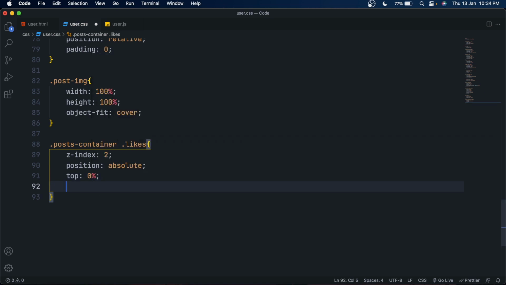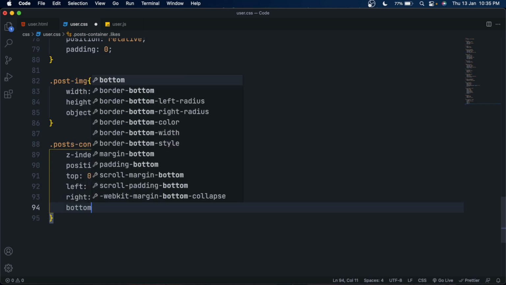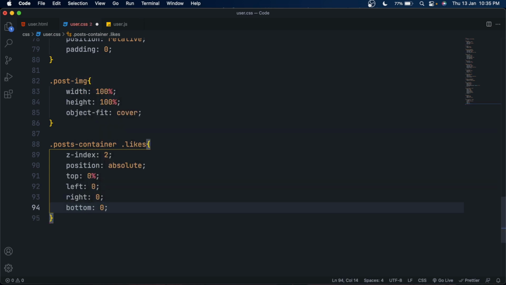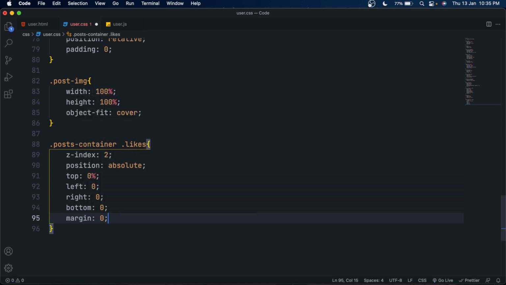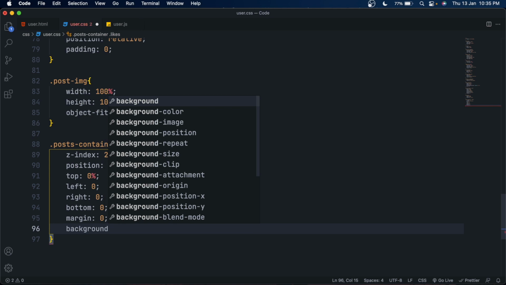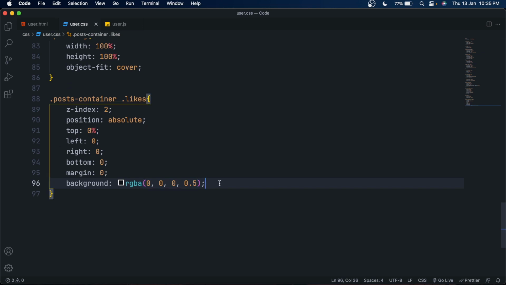Set its top to 0 and left to 0 to make it perfectly at the top. Also give it right and bottom 0, so it will cover the whole post container. Give it a margin 0 and set its background to alpha black color. You can use RGB for that. And now you can see the white heart icon.